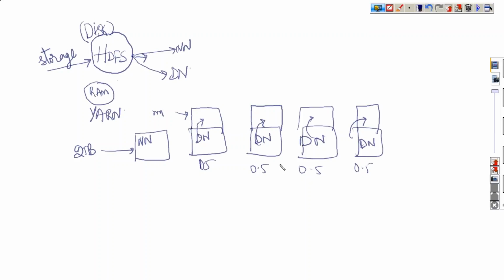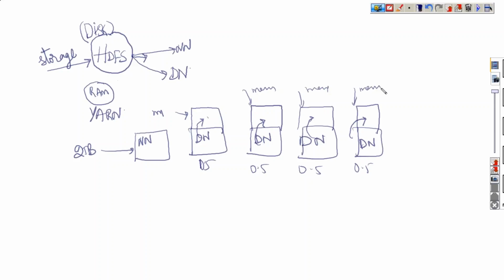Okay, again there is one more process. There will be a process, a service there, like the data node. What is the data node? Data node is a process which will maintain the information of the data present in the disk in HDFS. That is the data node. And there must be someone to process this data. Once the data comes into this memory, it has to be processed. So who is going to be involved in the processing of the data?